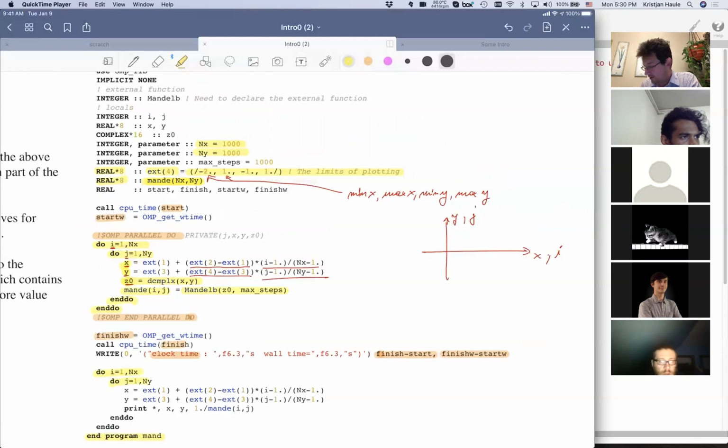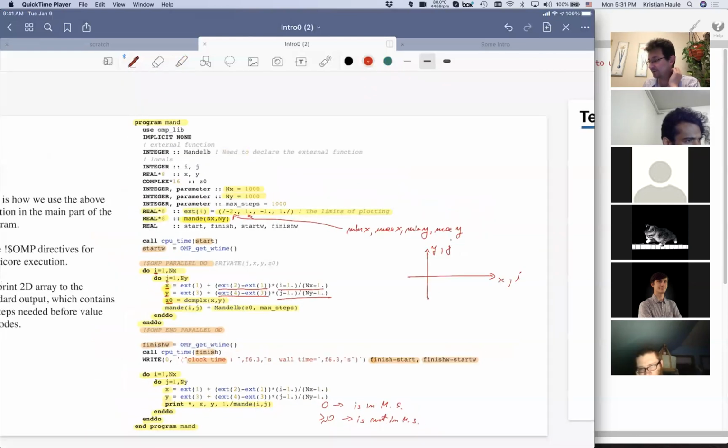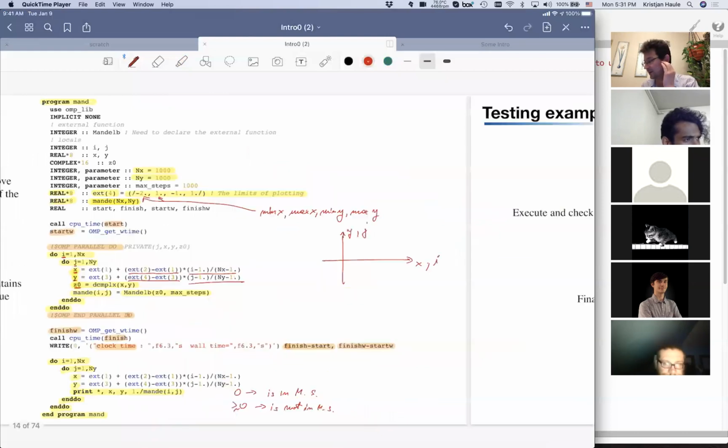So we're going to repeat once more the loop over all points. We're going to once more create x and y, and then we're just going to print out the content of this array. And instead of printing number of steps, we're going to print 1 over the number of steps. So basically, if the number here is 0, this means that the value is in the Mandelbrot set, and if it's bigger than 0, then it's probably not in the Mandelbrot set. Well, 0 here means 10 to the minus 3 because I is going to be 1,000. Okay, so that's what we're going to print on the disk,